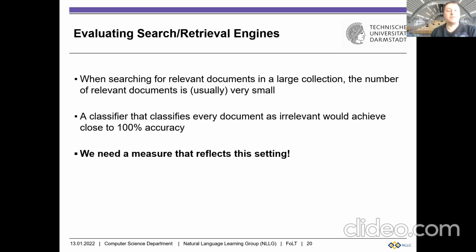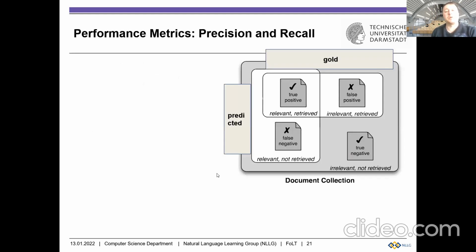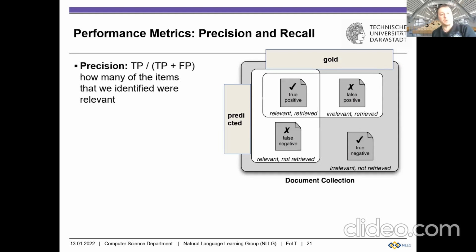And therefore, we need to have measures that can reflect this setting. And the measures that have been developed are called precision and recall, and then they are merged into one single measure, which is called the F1 score. And what is the precision? Precision can be framed easily as saying we check how many documents did the search engine actually retrieve. Let's say it retrieved 4 documents, and out of those 4 documents, 3 are actually correct. So they're actually relevant documents, and 4 have been retrieved. So this is the precision.